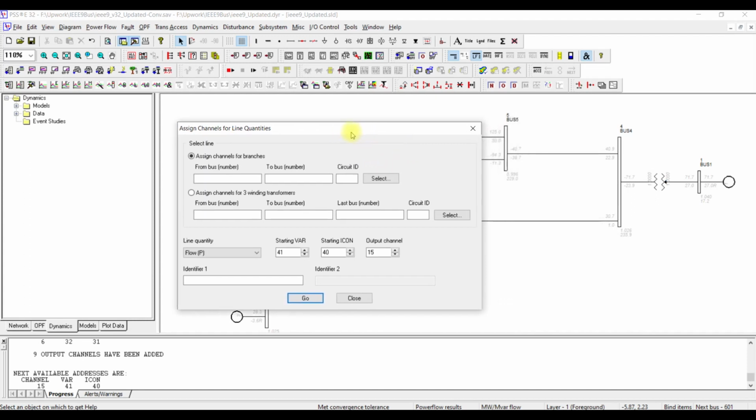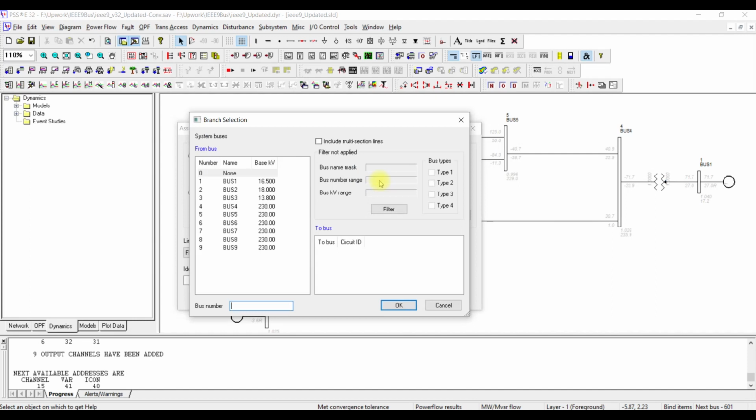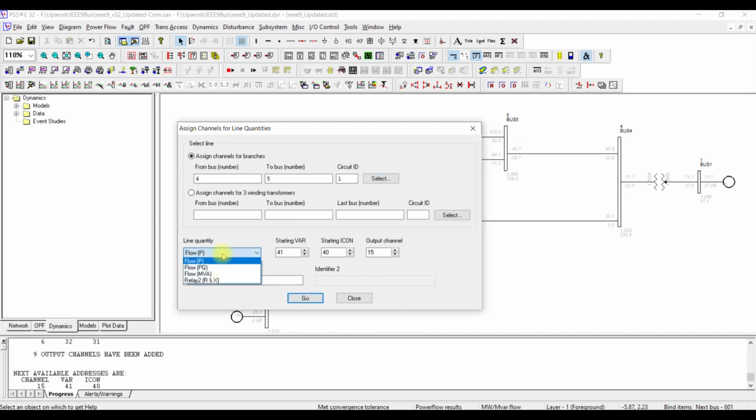Let us select the line. First line is from bus 4 to 5, right? So we go to select bus 4 to bus 5. This is my first line. I want to see both active power and reactive power. If you want to see, you have several options available. You can use any one of them. For the active and the reactive power, so I have